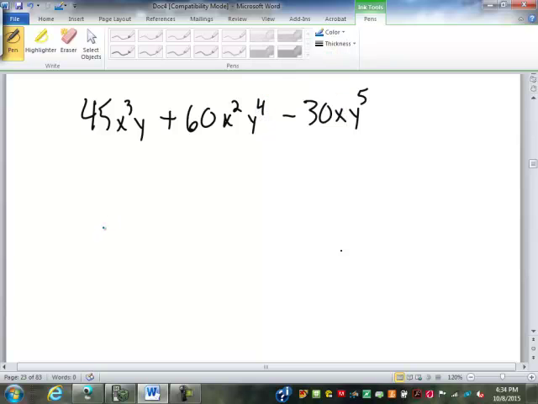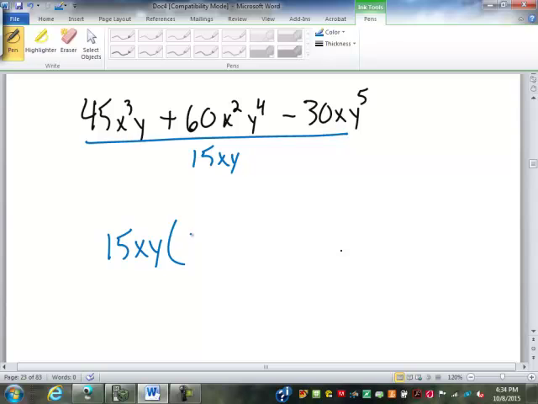So for the number, what's the greatest common factor numerically? 15. Variables? X, Y. That's it. So we're going to divide this out by 15xy, and we get 3x squared. 45 divided by 15 is 3. X to the third divided by x is x squared, and the y's divide out. And then